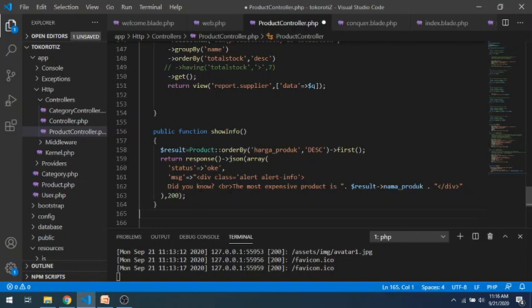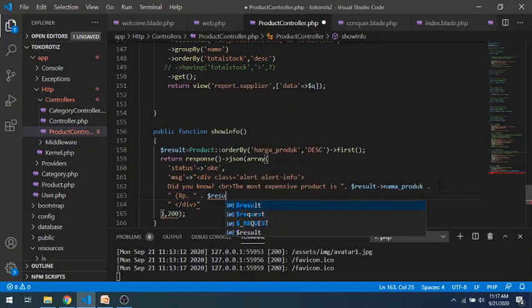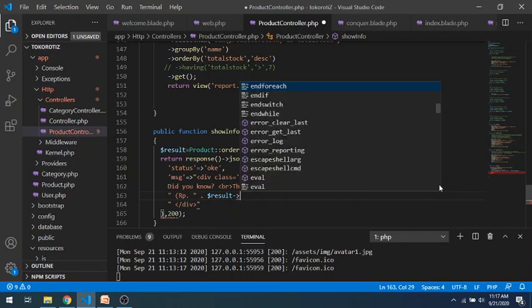So the message: did you know the most expensive product is some product with price, for example, RP, result harga produk.